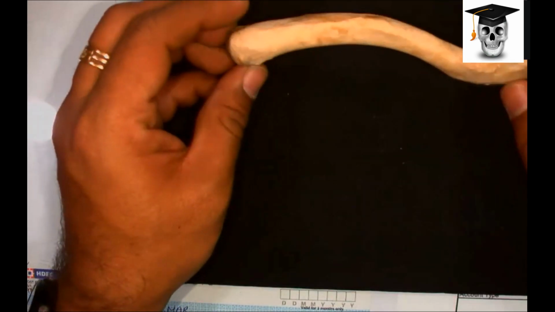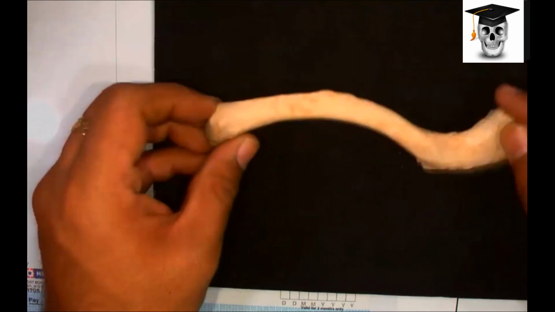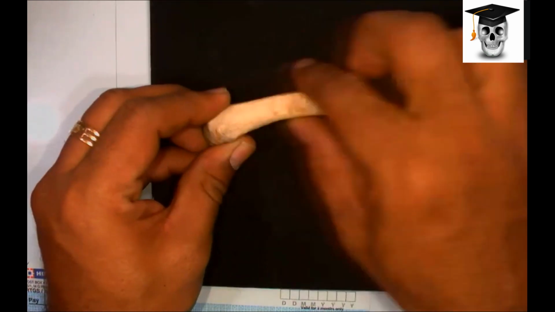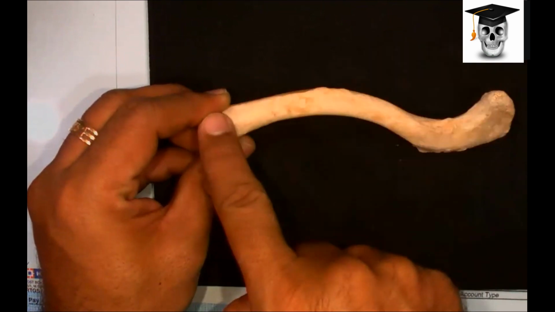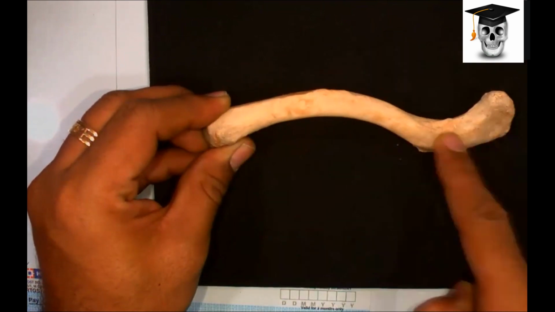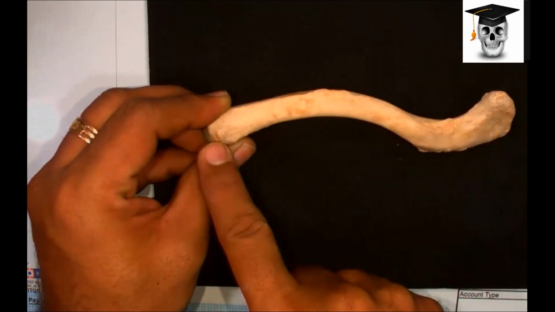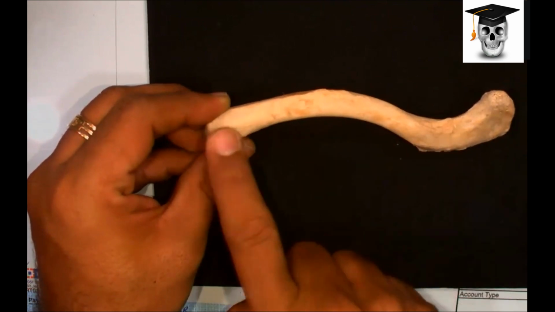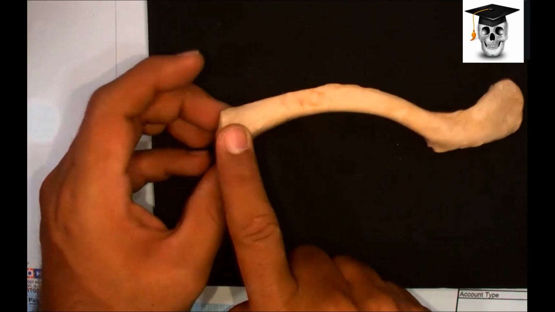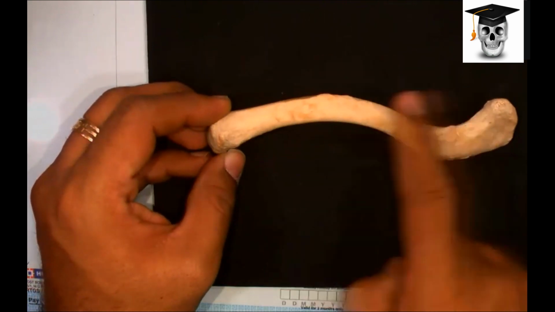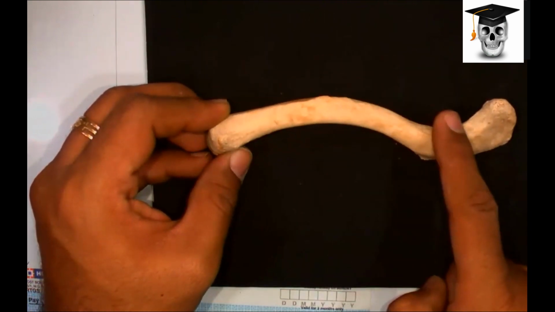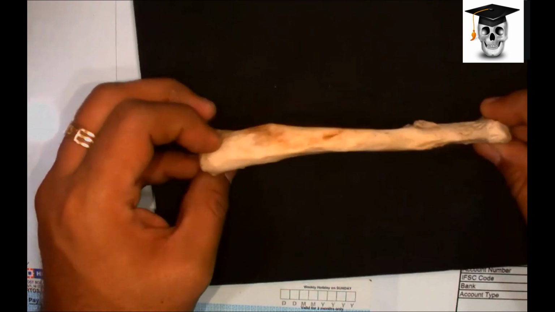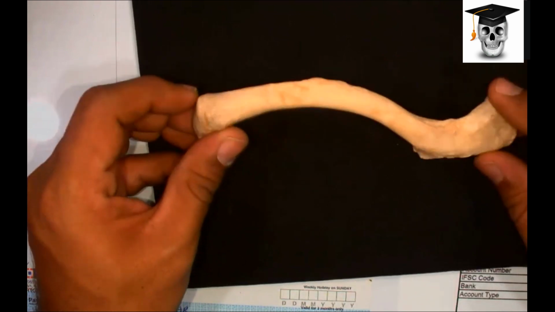Now I get back to this again. You see the shaft which is there in between, the intervening shaft, it is sinusoidal. What do you understand by sinusoidal? S shape. It is curvy. Yes. So in this you see the medial two-thirds. Since I am calling this the medial end which is broader, the medial two-thirds of the shaft is cylindrical, whereas the lateral one-third of the shaft is flat. You can see it is a flat portion, whereas this one is a cylindrical portion.